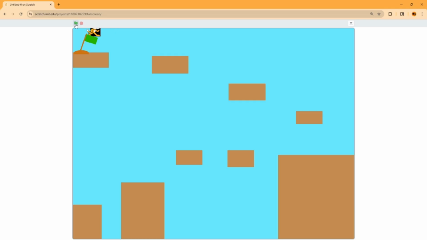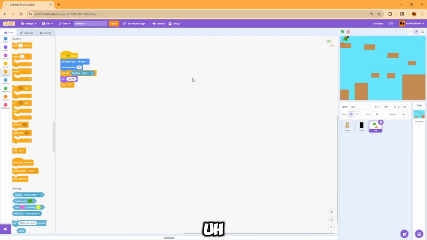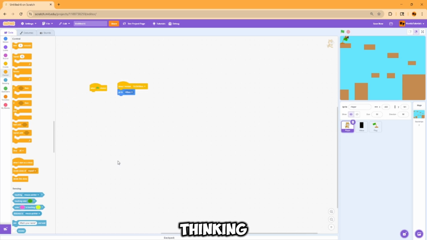Well, we have one more problem. Maybe we're saying you win too soon, so maybe we just say it in 3 seconds. And the only other thing I'm thinking is letting our player rotate left and right. So we're going to say when flag is clicked,